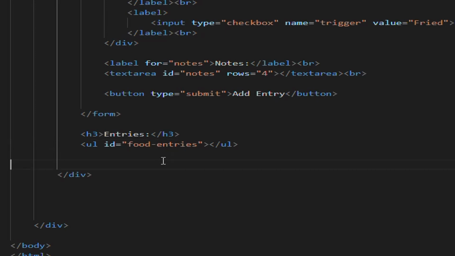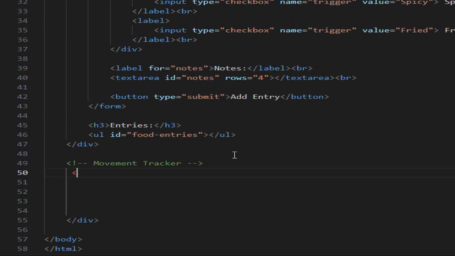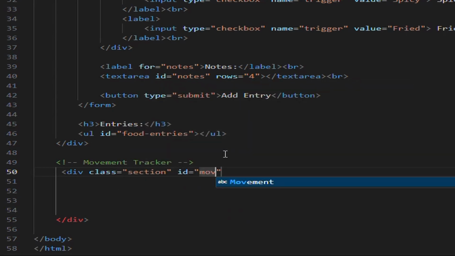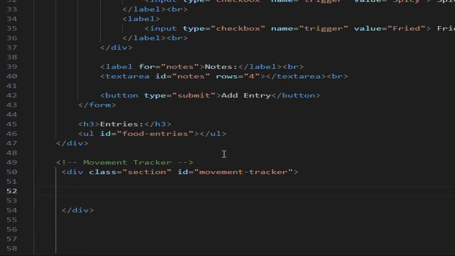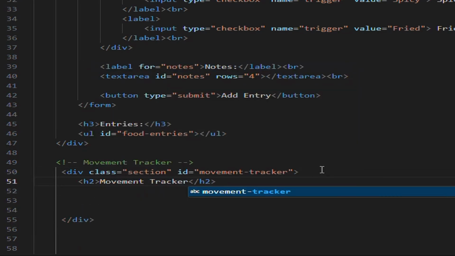We will do the added code for this input in JavaScript later. Next, onto our movement tracker. I'll go quickly in this section as it's a lot of the same elements. We need a div for our movement tracker, an H2 element as it isn't our main title, and let's start another